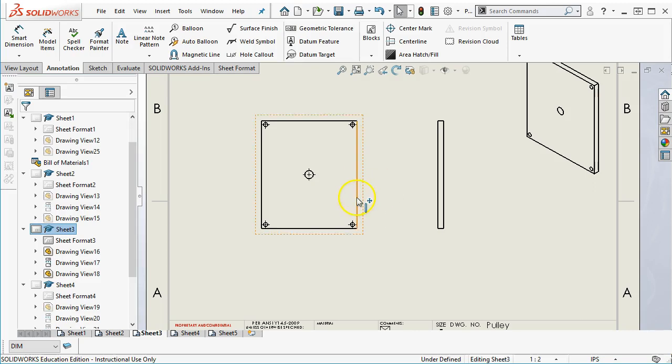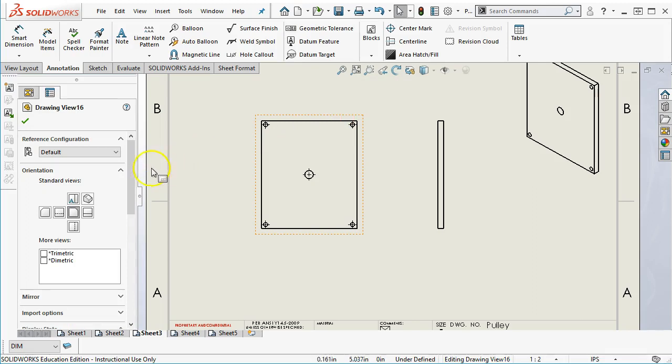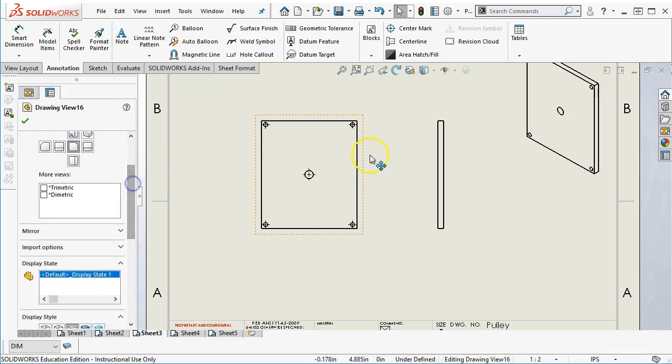All right, so I want to improve readability. That's my justification: I think it's more readable, and it does not add any great benefit to have a series of hidden lines over here when I can see the holes plain. If these were shallow spot faces and holes that I wanted to get in detail, then I would switch over and go to the properties for that view,